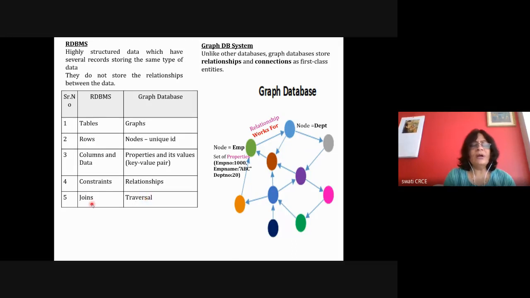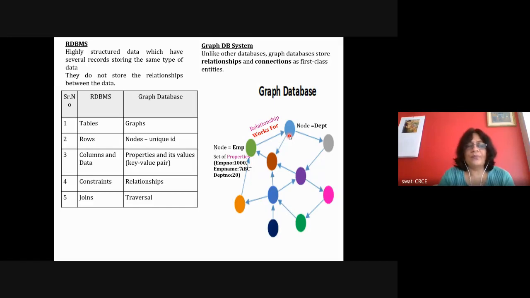So for joins, instead of using joins as a query, we use a graph traversal mechanism to get the data for analysis. With the employee node, only the number is stored, and the name is stored with the actual department number 20. So traversal happens from one node to another node to get the department name.